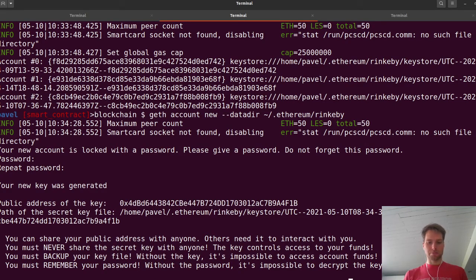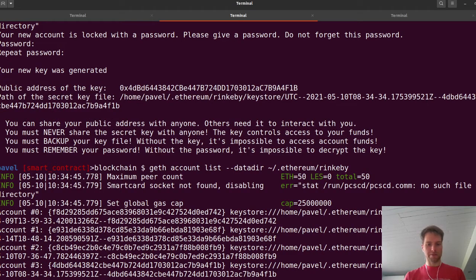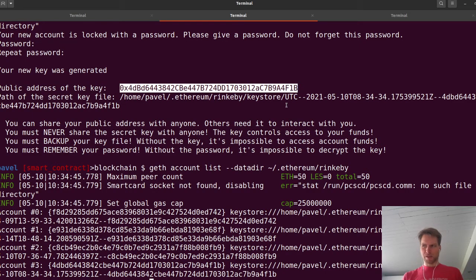So if we do this again, we see that this time there are 4. There were 3 before. But this is the new guy, this is the new address. So that's pretty cool. As you might be aware, the way accounts or addresses work in Ethereum is basically anybody can create one. Create isn't even the right word, it's more like discover, because these addresses are just numbers, and you can send Ether to any number you want. Those numbers don't need to be defined in advance before you send money to it